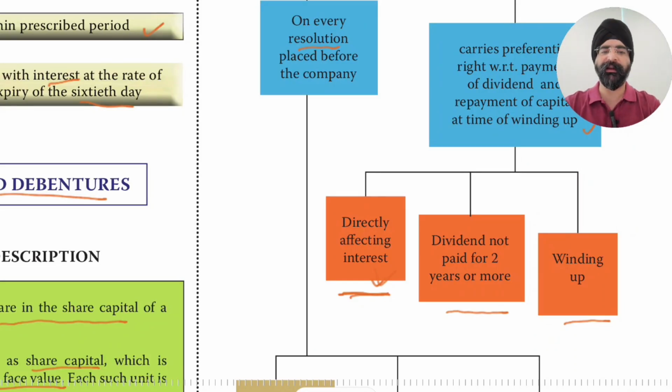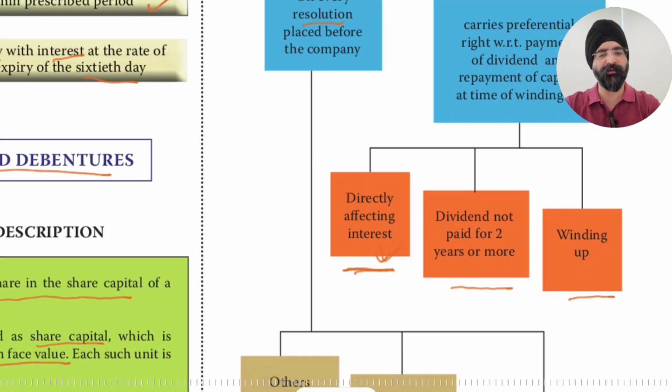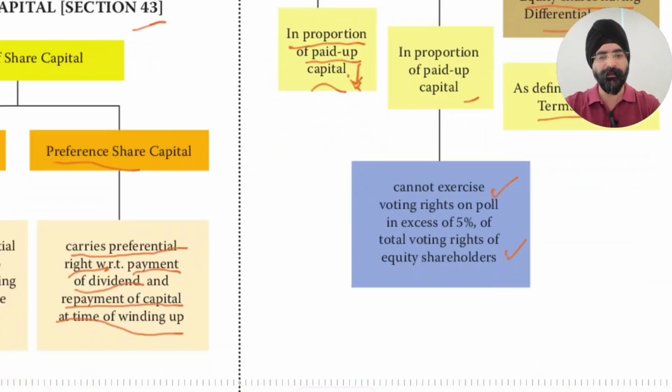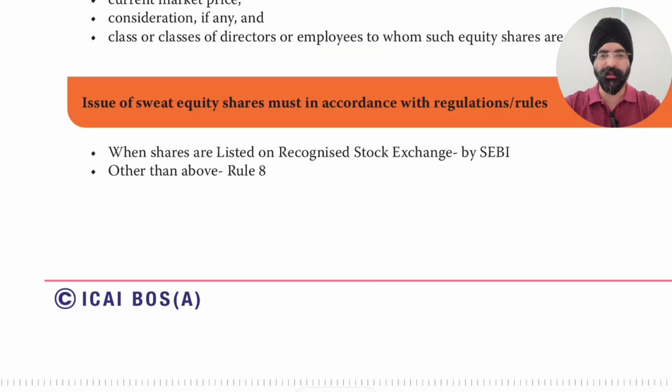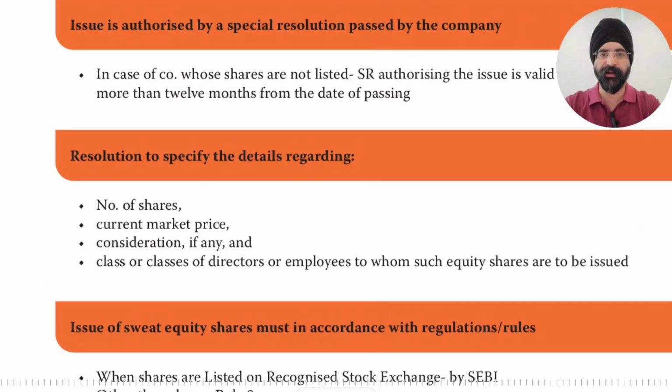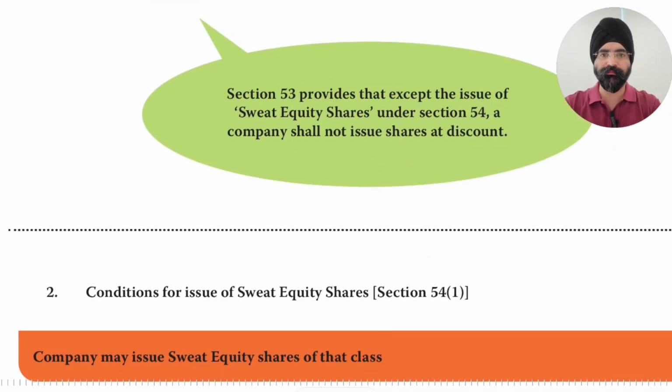Okay, so if dividend is not paid for more than 2 years, directly affecting their interest, or at the time of winding up. Okay, so these were equity and their voting rights, preference and their voting rights. Next we move to